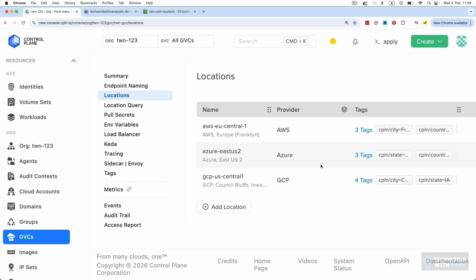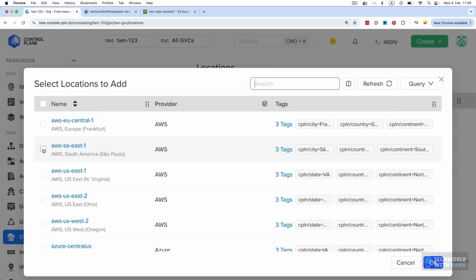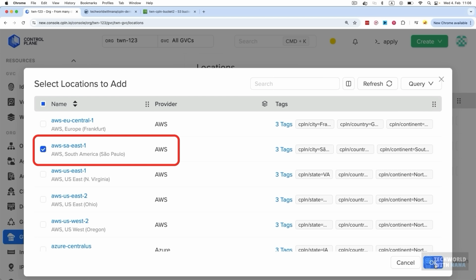So as you see, these are not my accounts. So I can actually get started without having to connect my own cloud provider to test it out, which of course means I can save myself the initial setup overhead, and I can also add any other regions or locations if I want to. So let's add Sao Paulo.